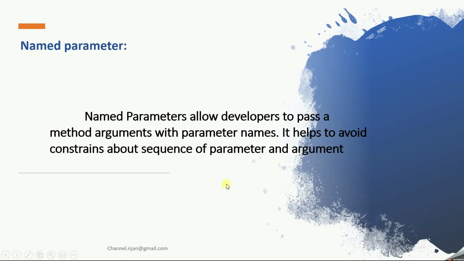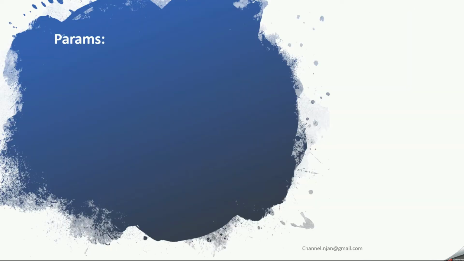One thing you have to understand is the difference between parameters and arguments. The parameter describes the arguments of the method declaration. We have specified int i, int j, right? That is a parameter. The method braces having the defined parameters are called method parameters. The argument describes the values of the calling method. People get confused, thinking parameters and arguments are the same, but actually there is a difference. Parameters describe the declaration of the method, and arguments describe the calling of the method. Are you clear? Let's move on to the next.